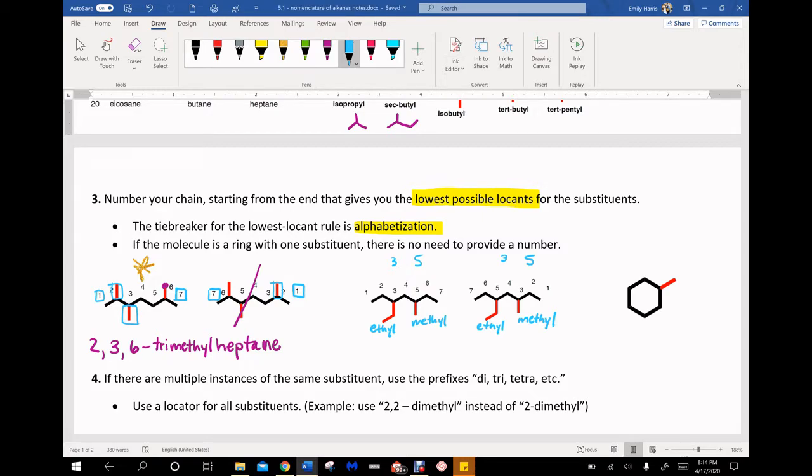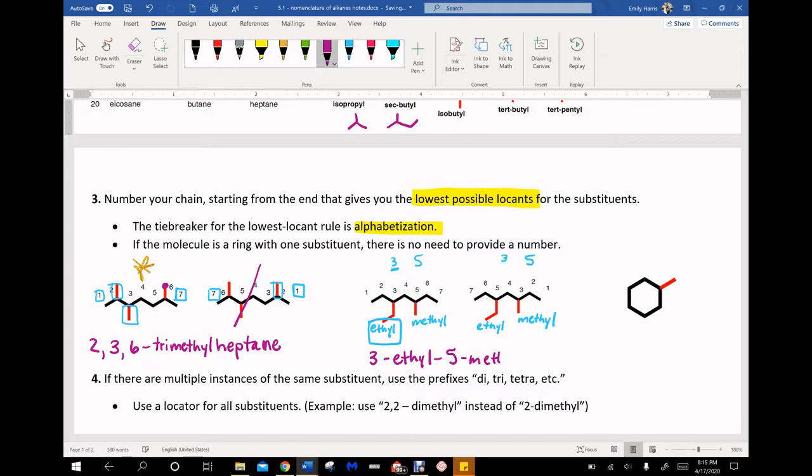Ethyl, since it starts with an E, is earlier in alphabetical order than methyl, which starts with an M. So we're going to choose the option that gives ethyl the lowest number of 3, since alphabetically it comes before methyl. So our name for this one will be 3-ethyl,